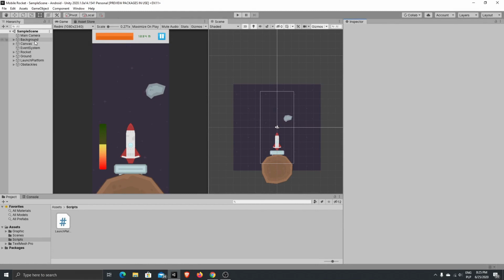What we need to do first is to be able to see how our rocket is flying. We'll need to attach a script to our camera to follow our rocket. But before we start, I just want to fix one more thing, because when we